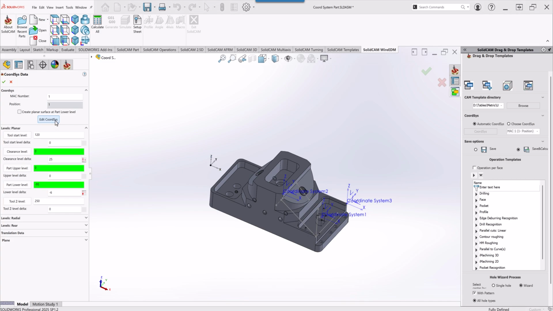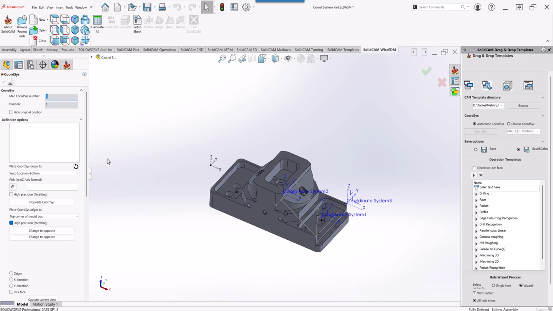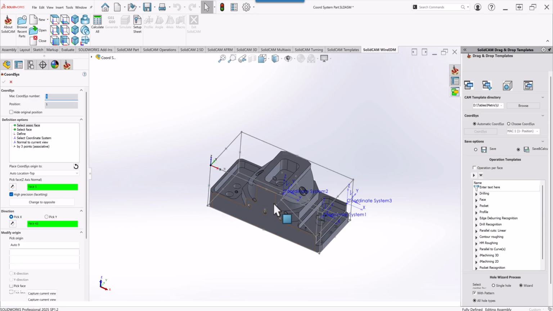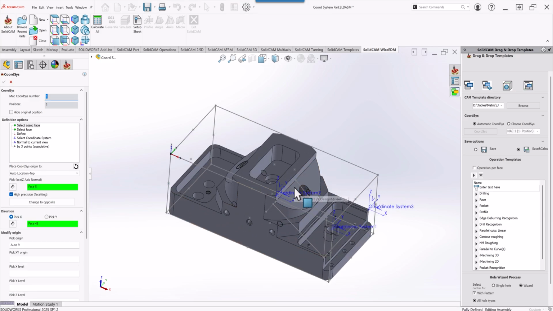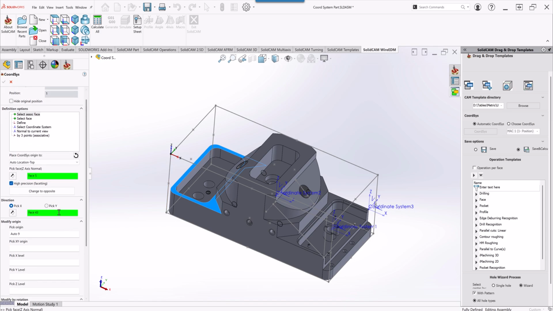If I click on that, it takes me to the coordinate system page where I created the coordinate system originally. And you'll note that it shows exactly what I've done before, what were my associative faces before, as this one over here, and it shows me where my coordinate system is. And I can make changes without having to recreate the coordinate system. I can make changes over here, pick origin. If I want my origin to be a different spot, I'll just pick a different spot, and I can change